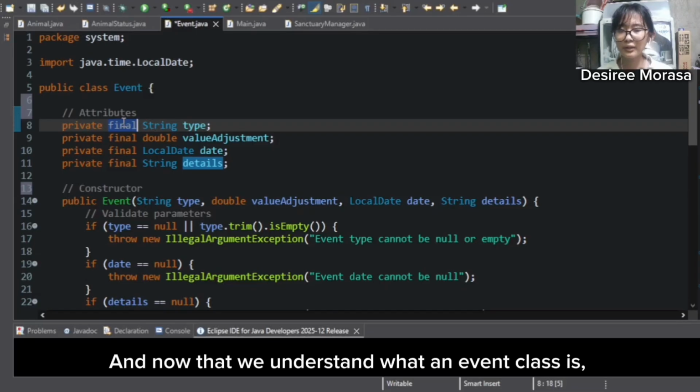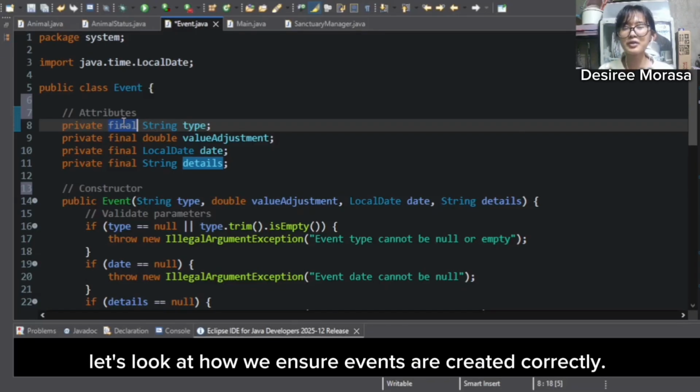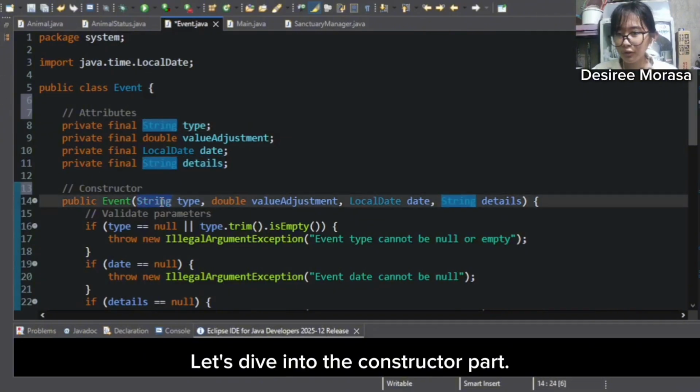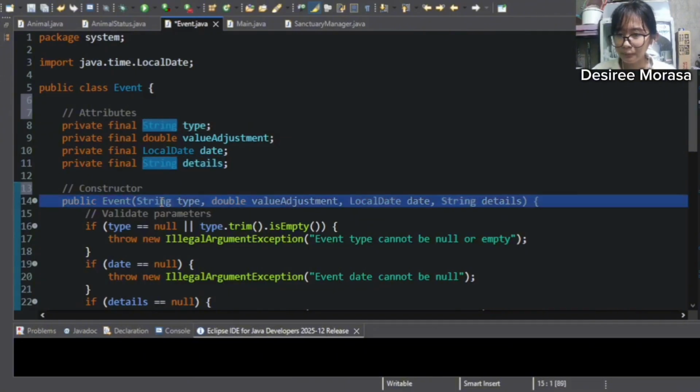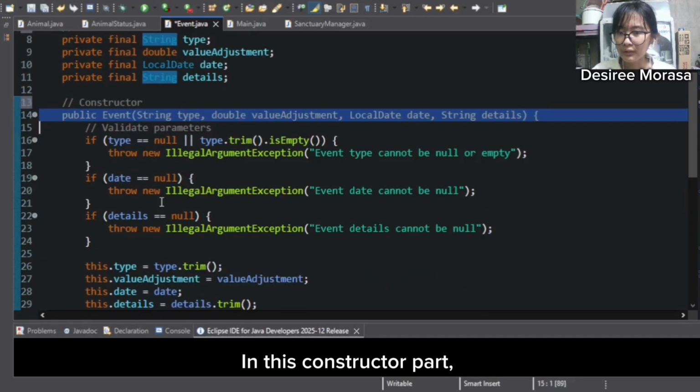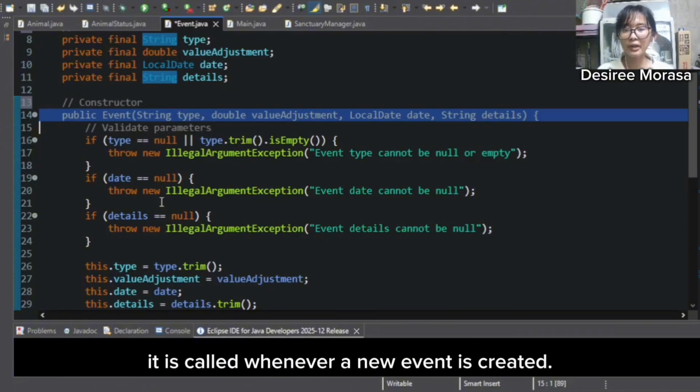And now that we understand what an event class is, let's look at how we ensure events are created correctly. Let's dive into the constructor part. This constructor is called whenever a new event is created.